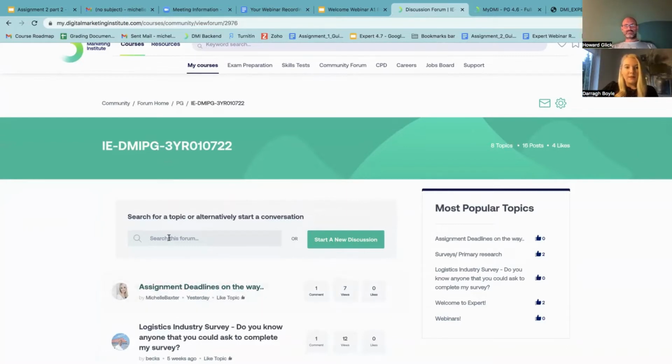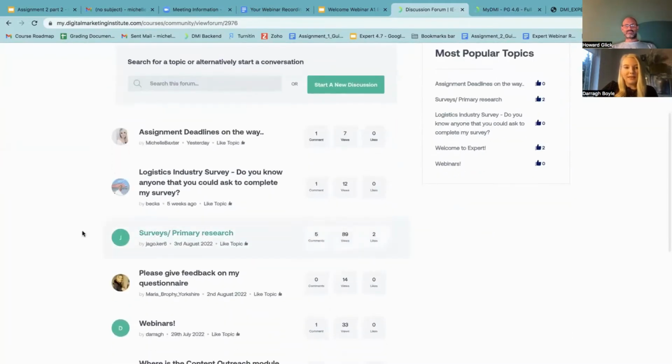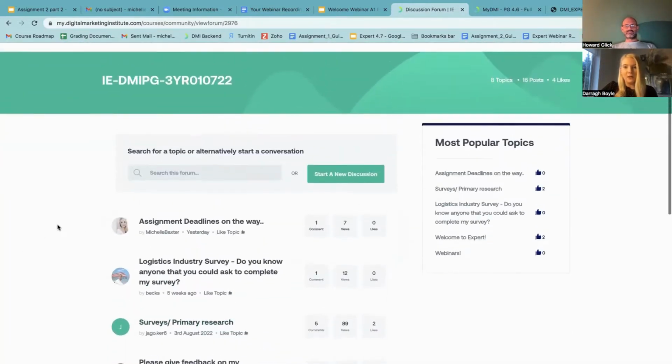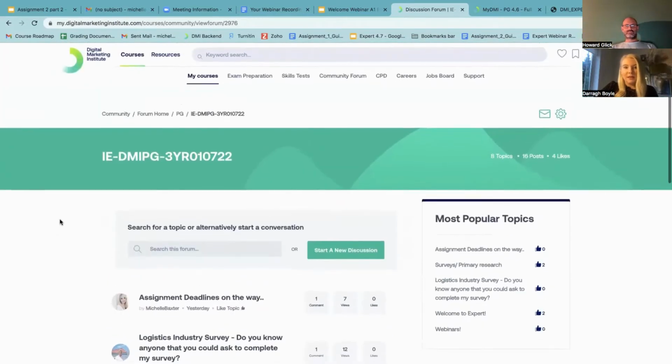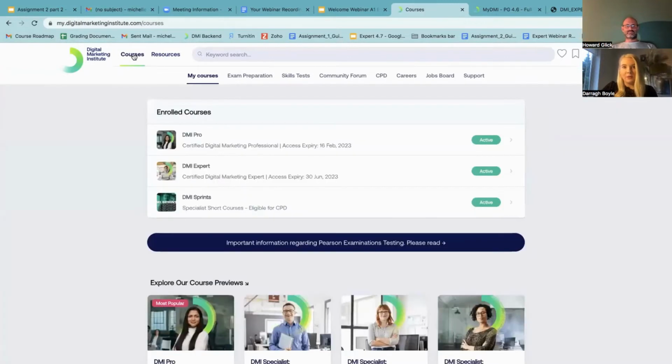So you can just pop in and chat to other people and discuss elements of the assignment, get some tips, just engage with each other so you don't feel so alone moving through the course. You can also go in there and search for other topics that have been discussed before. And we're going to check in there as well to remind you of things or just post things that you might find helpful.